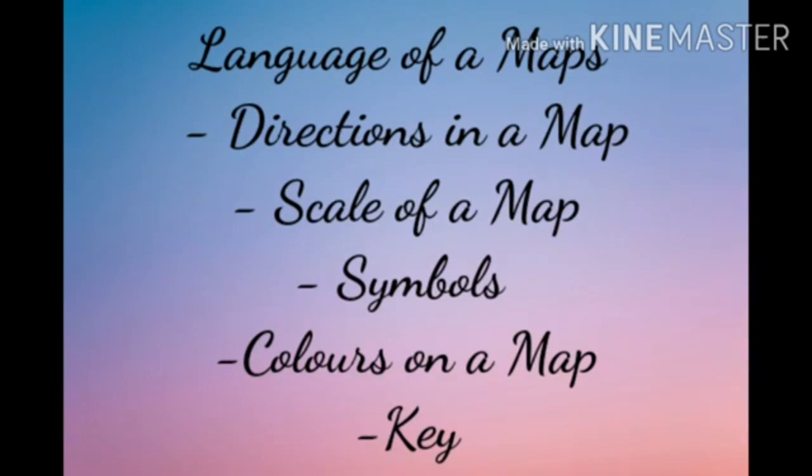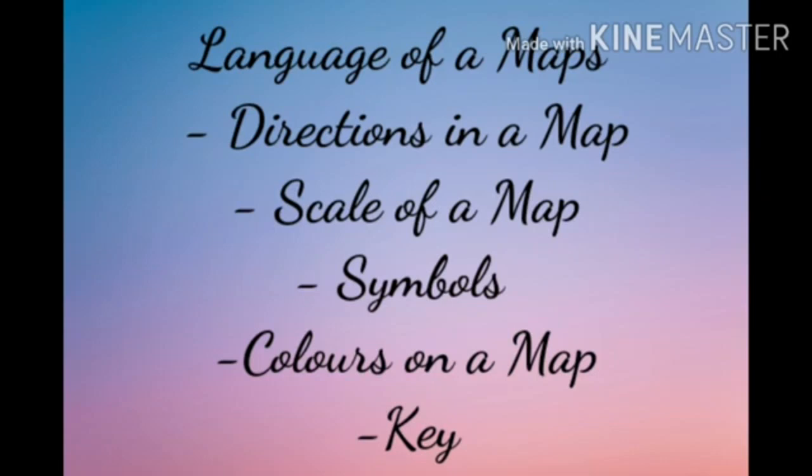Children, do you know the four subdirections? Yes, northeast lies between north and east. Then northwest lies between north and west. Similarly, between south and east lies southeast and between south and west lies southwest.